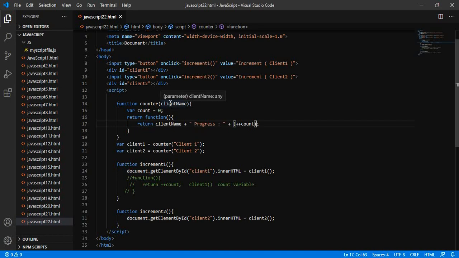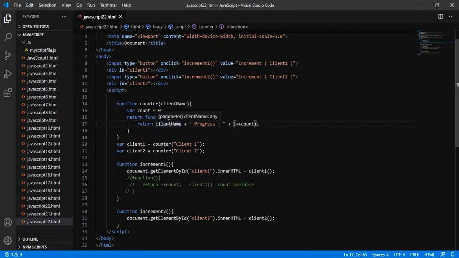Now we are trying to access the outer function parameter from our inner function, that is the closure. Let me just open the browser. So it is showing the client name also. Client 1 progress is this and client 2 progress is this.